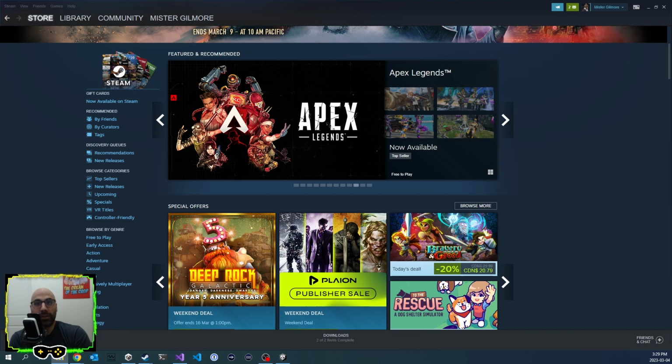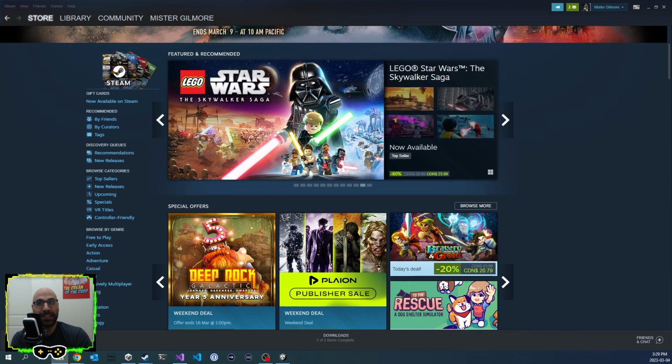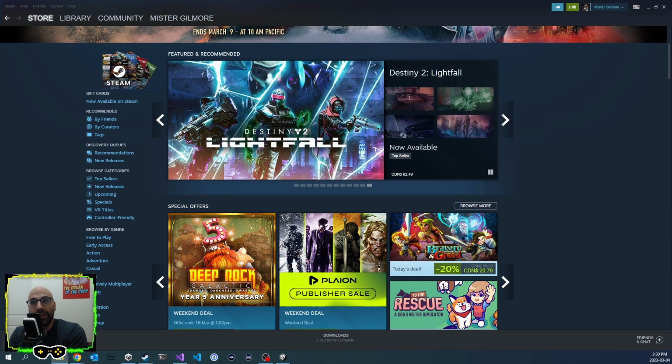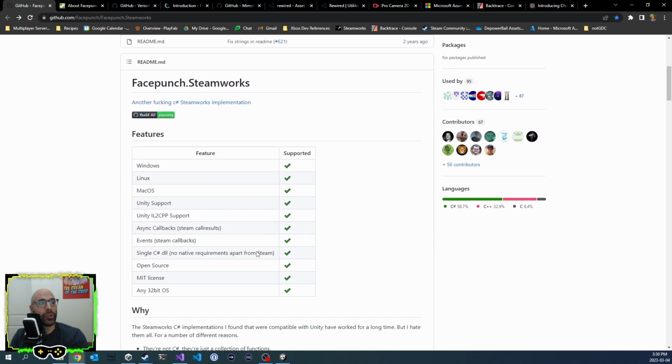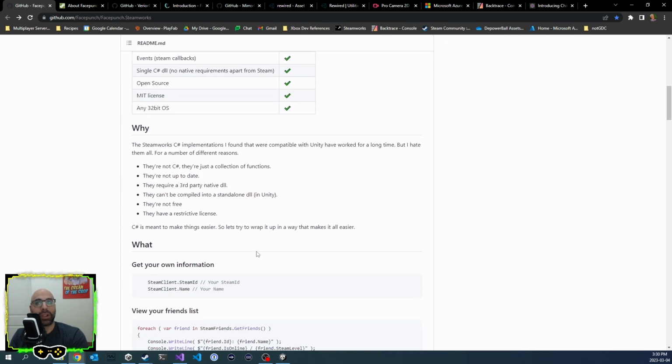If you're using the raw Steamworks API as an inexperienced developer, that might be difficult. And there are a bunch of libraries that exist for you to capitalize on using Steamworks. But the one that I keep going back to, one of my favorites, is Facepunch.Steamworks. And, you know, it's another Steamworks implementation. But the idea is that it makes it ridiculously simple for any developer to use Steamworks within their